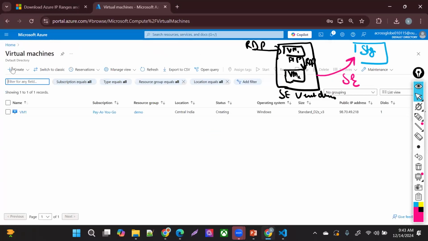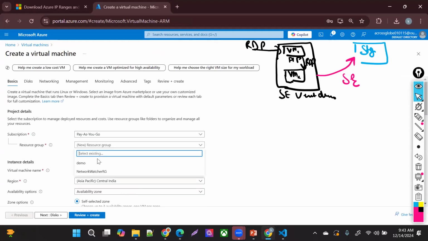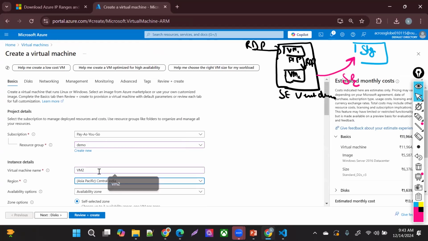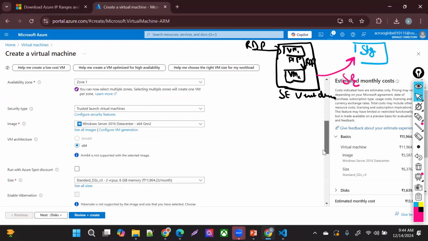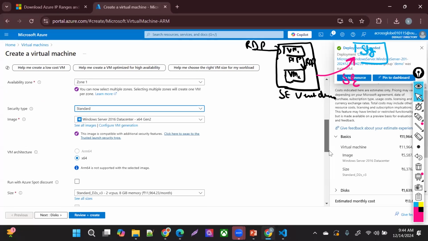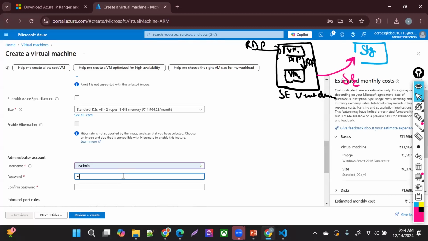Go back to VM, create another VM with no public IP. Demo 1, VM2. Same as before, everything as it is. Just putting the username, easy admin, and my password.